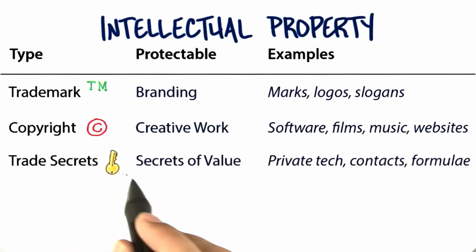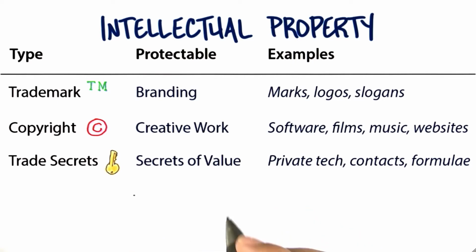The other one is trade secrets. Well, I don't want to patent this because somebody's going to read the patent, they'll figure it out. So you might decide that you're going to protect it in a vault, just like the Coca-Cola recipe is supposedly kept in a vault in Atlanta, and it's non-public technology. Also, your customer lists might kind of fit in this category, or some secret formulas necessary for a final element